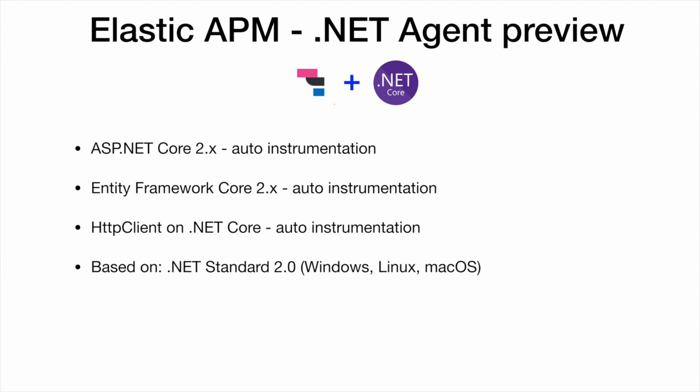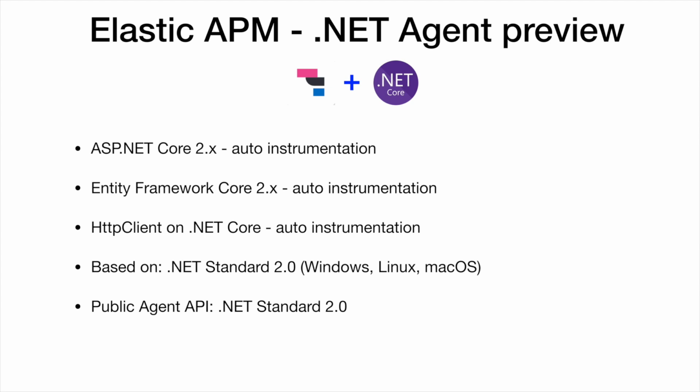All this is based on .NET Standard 2.0, which you should be able to use on Windows, Linux, macOS, and basically everywhere where .NET Standard 2.0 is supported. Additionally, the public agent API also targets .NET Standard 2.0, which means even if you don't use ASP.NET Core, you can still manually instrument your code if you are on a .NET Full Framework version which supports .NET Standard 2.0, and based on the surveys, this is roughly 80% of the potential user base.